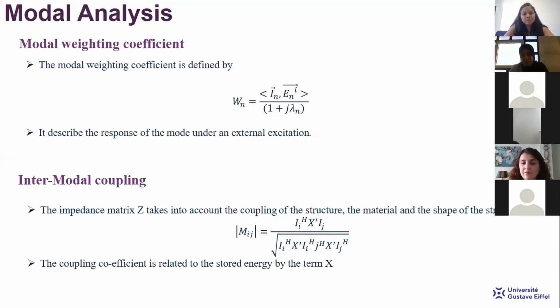My question is, if I is different from J, then isn't your numerator supposed to be 0? No, when we have I different from J, we don't have 0. So we don't have, for example, intermodal coupling of mode 1 with mode 1, but we have coupling between mode 1 and mode 2. Oh, your X prime is the derivative, right? Yeah. Oh, okay, I see. Thank you. You're welcome.